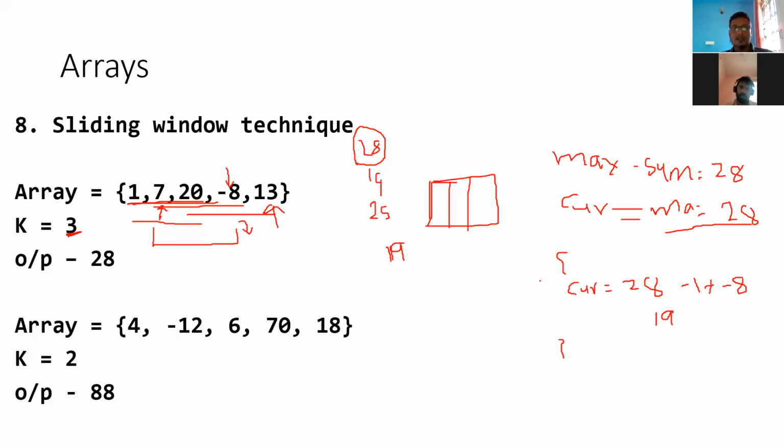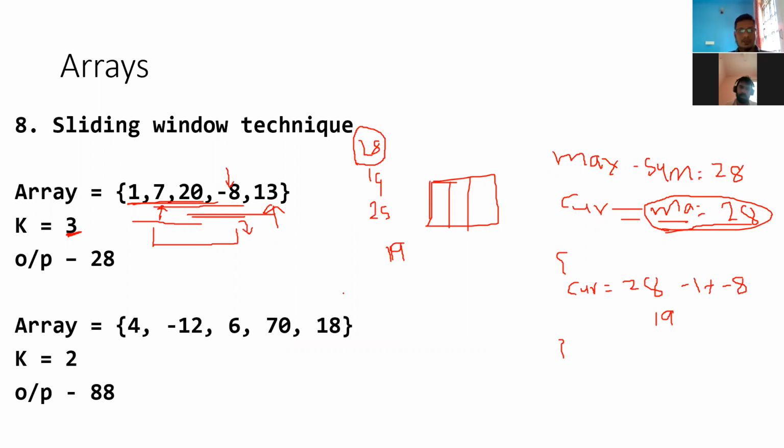Again, then next you move the window, move this i to here. Again you do the i minus 1 and the k plus 1 step. You keep doing this, incrementing the k also. You keep doing that, and at the end you will have that max sum. If the current sum is less, then you don't do anything. If it is greater, then you set the max sum to the current sum. So you will have the maximum sum at the last.